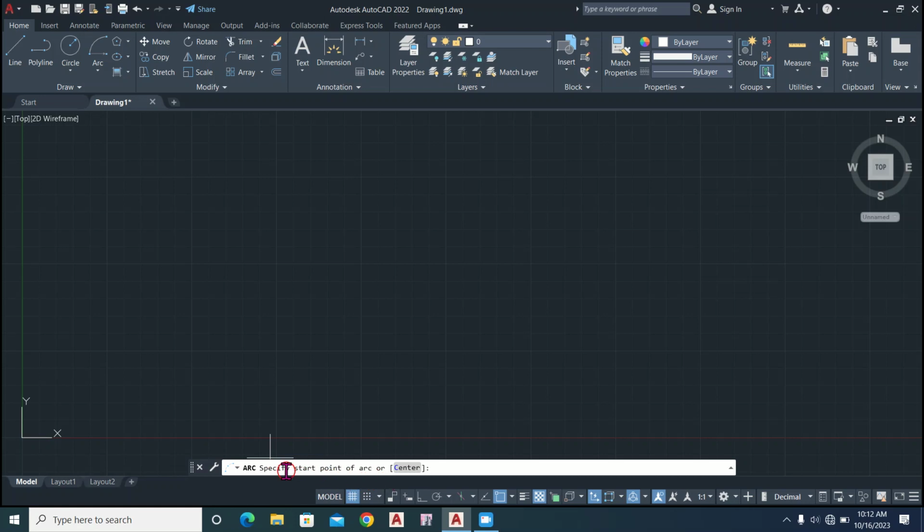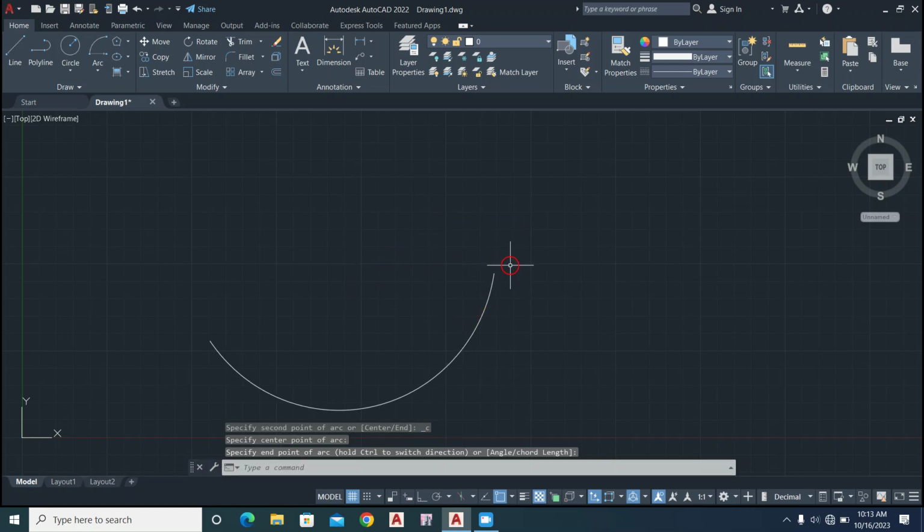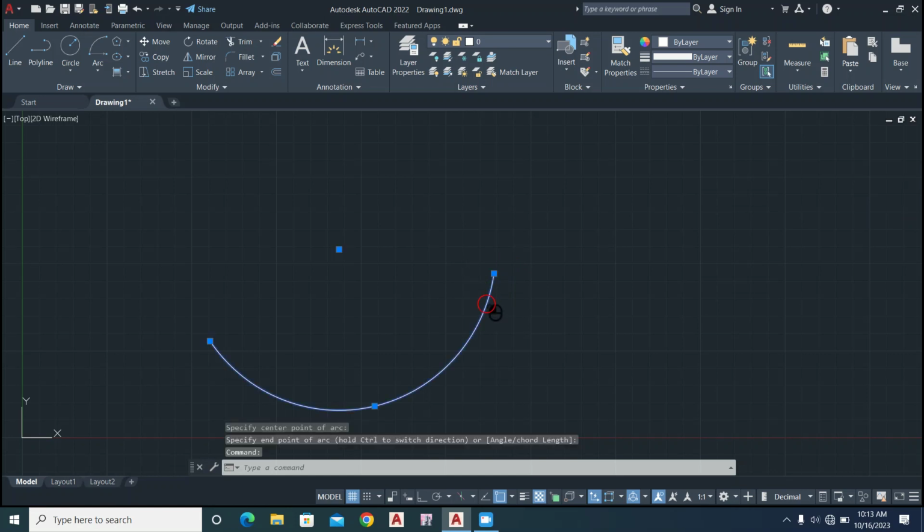So in the command line, it needs to specify the start point. So this is the start point. Now it requires the center point for the arc. So the cursor is active and wants to specify the center. So arbitrarily I click here, this is the center. Now in the command line, we have to specify the end point of the arc. So arbitrarily I click here. This is the end point for the arc. So this arc has been drawn,